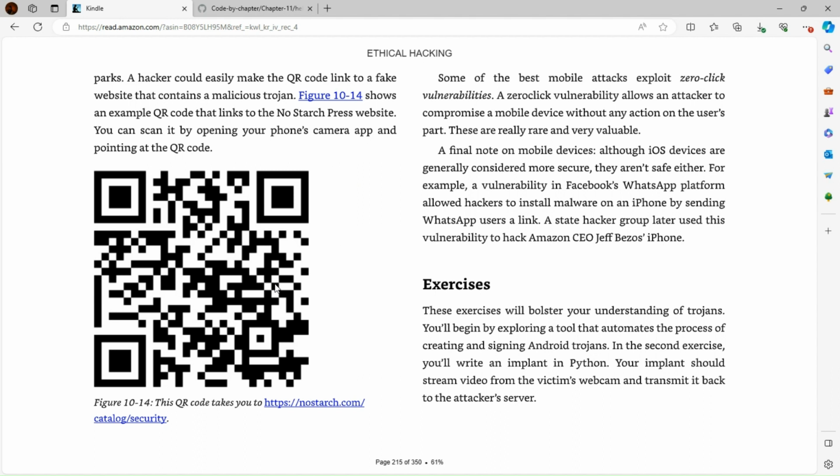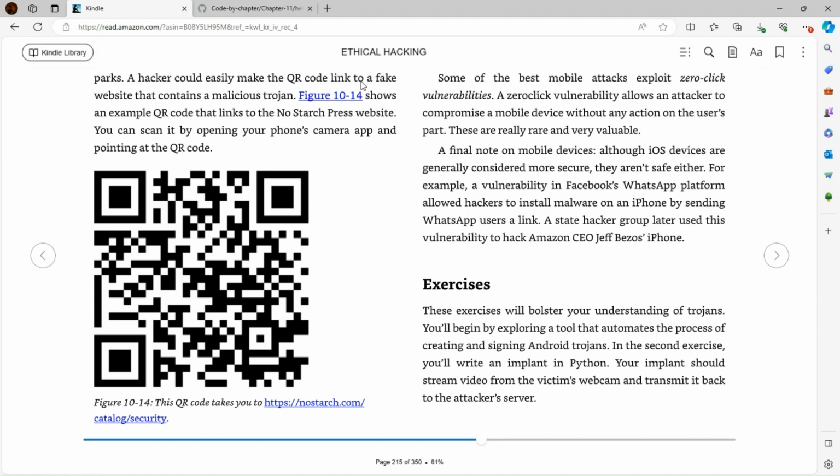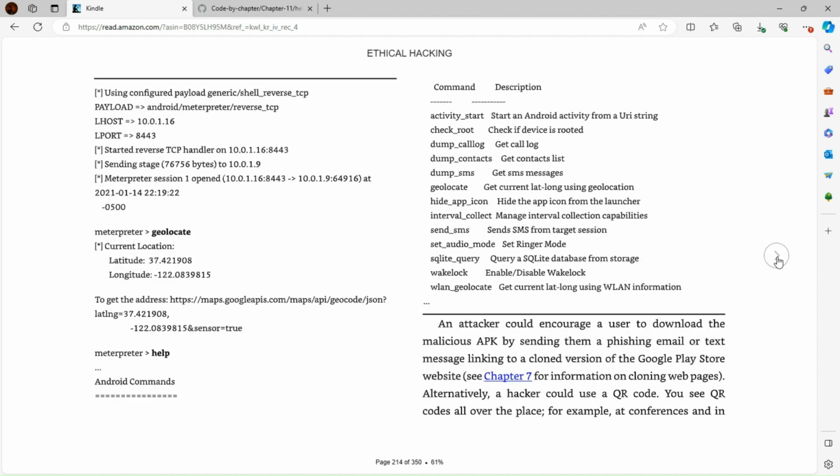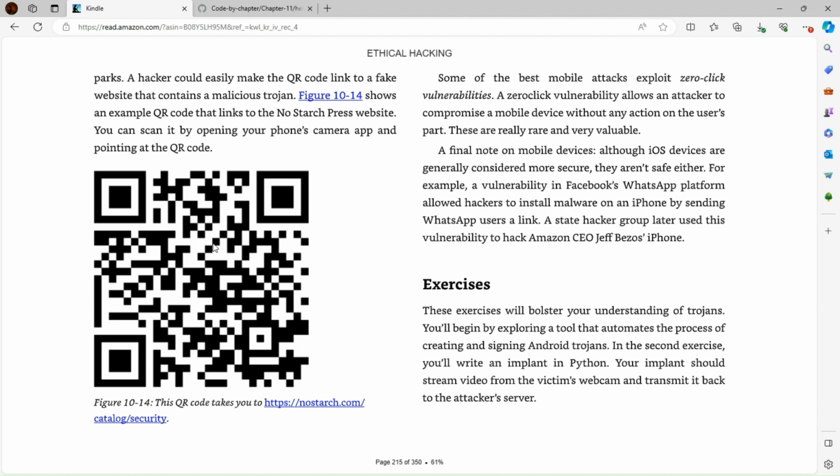Download your malicious app. You could do all kinds of stuff, man. This is what's cool about cybersecurity, that you can get very creative with your deviousness. Just the sky's the limit. And that would be a cool one